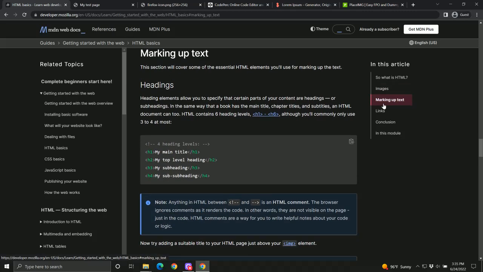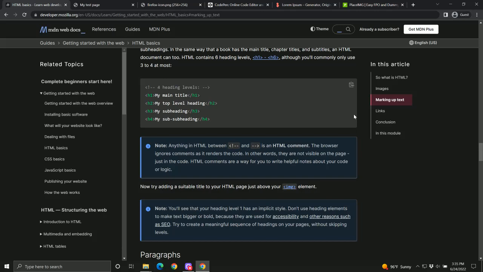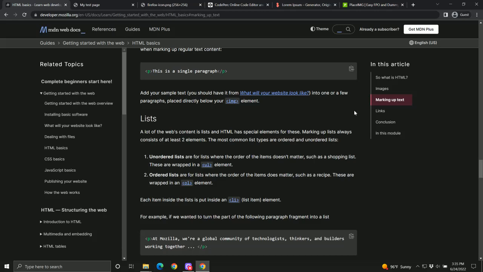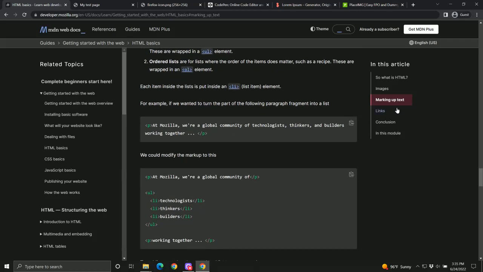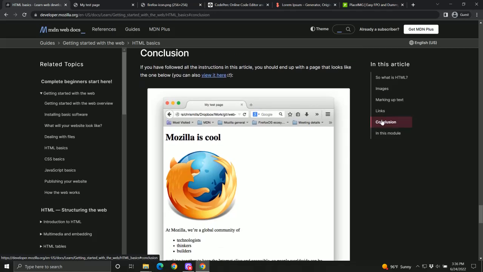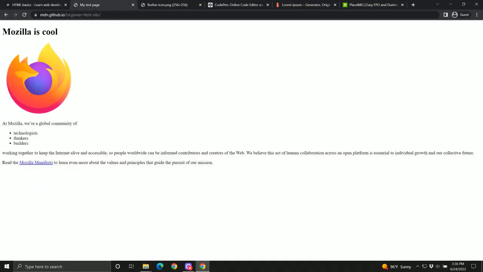All the content or text on your page needs to be marked up, whether it's going to be the heading, subheadings, your paragraphs, all of your list items, potentially links to other pages, internally or externally. And when they all put this together, you're given a specific web page or web application. Now, from this example that Mozilla put together, they have a title, Mozilla is Cool, with their icon or their logo,